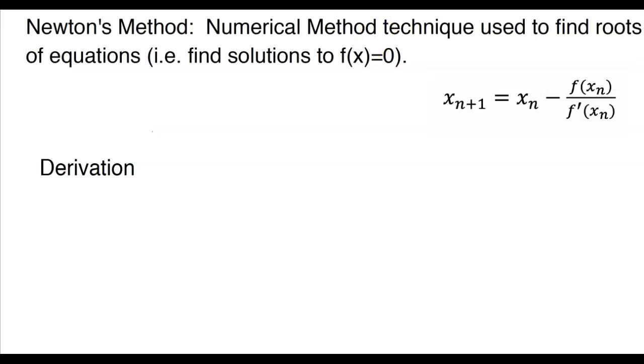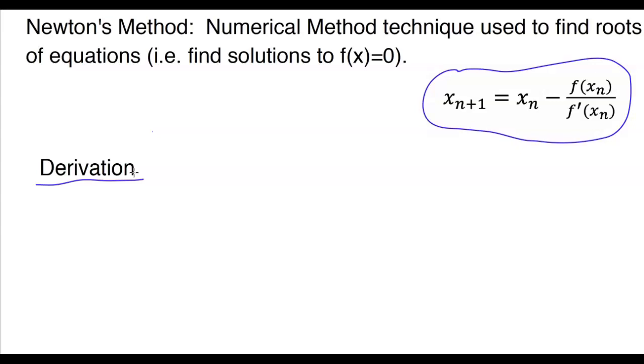So we see that for Newton's method here, we have a formula, and what we're going to do is derive what that formula actually is. And then we're going to conceptually talk about what it is that this particular formula is doing. After we do that, we'll get into the whole iterative process of actually doing calculations using Newton's method to try to figure out one of the x-intercepts for a function that we're going to be considering. So for the derivation process, the first thing that we want to realize here is that really all we're